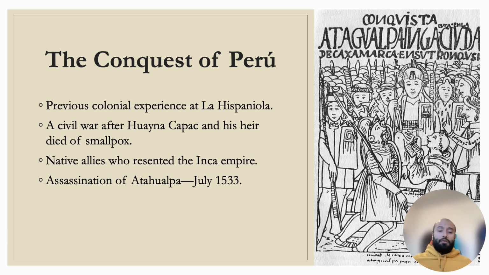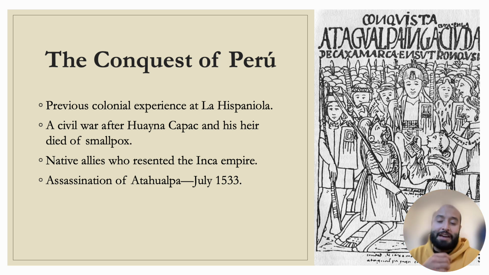And the history in Peru, particularly with the Inca Empire, is going to be remarkably similar. In this case, the conquistador Francisco Pizarro, also a Spaniard, very well knew how Cortés had been able to conquer the Aztec Empire, and he followed a similar logic. So again, we have a previous colonial experience, first at La Hispaniola, but also then with the conquest of the Aztec Empire, that Pizarro already knew about, right? He had some idea of what kind of empire he could be facing. But again, we also have here the presence of diseases, particularly smallpox.